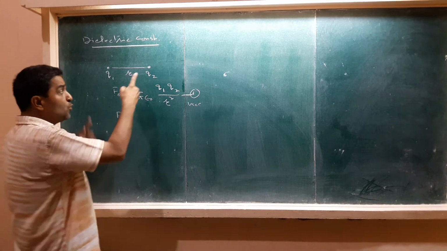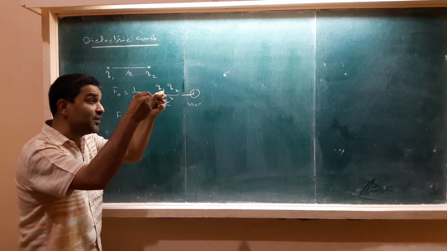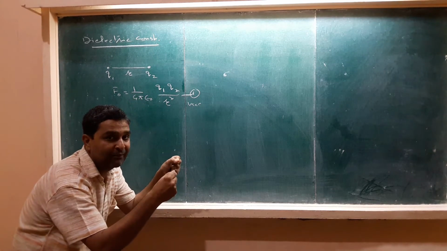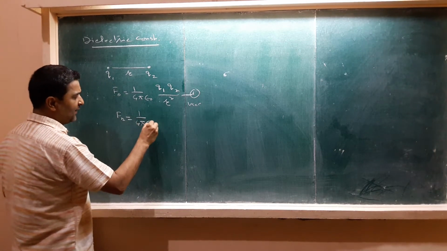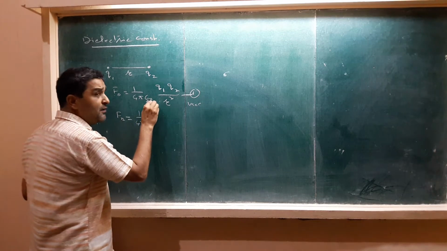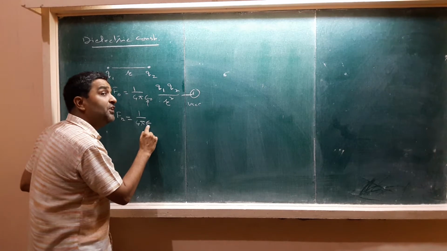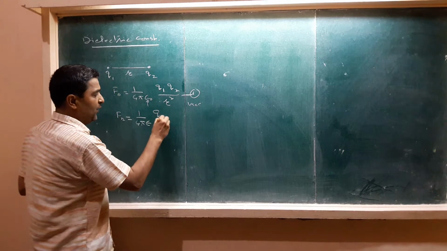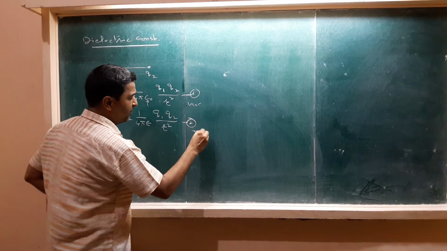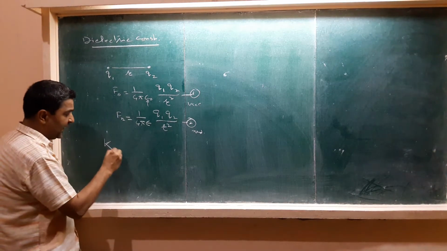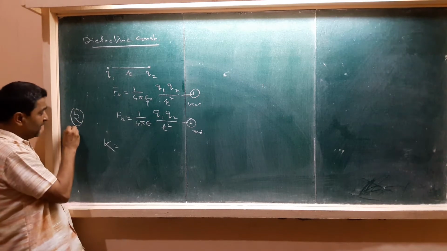This is for vacuum. And for these two charges in vacuum, I put them in some medium at the same distance. Then what will be the force? I am writing here 1 by 4 pi epsilon. This epsilon naught is the permittivity of free space. This is for medium, permittivity given by the medium, Q1 Q2 by r square. This is for medium. And the ratio of these two is K, capital K. Remember this small k, this is what?